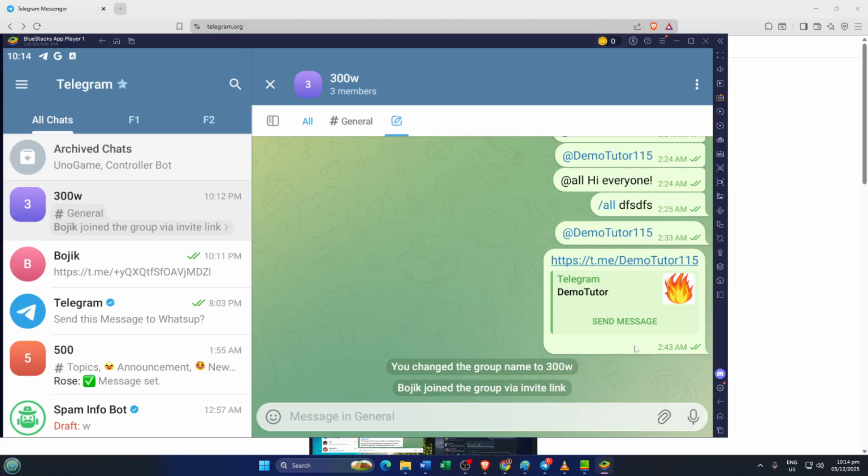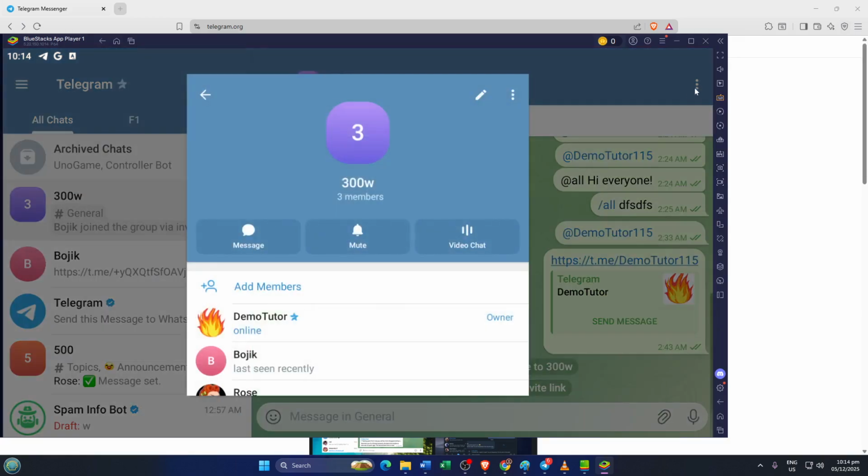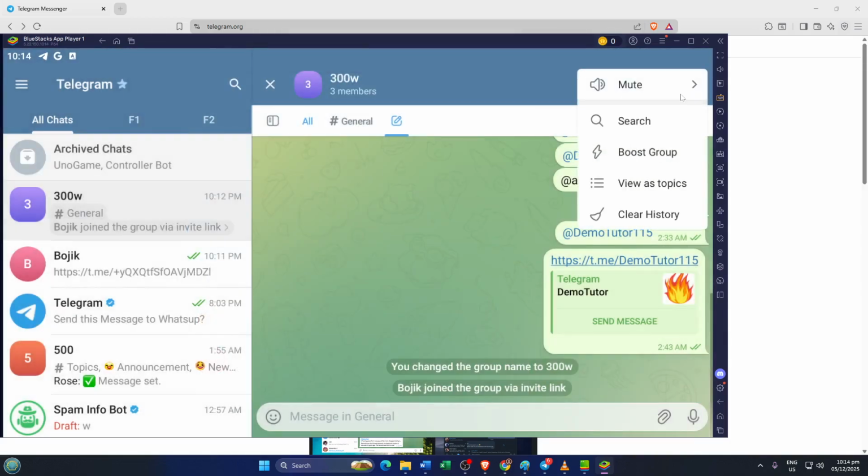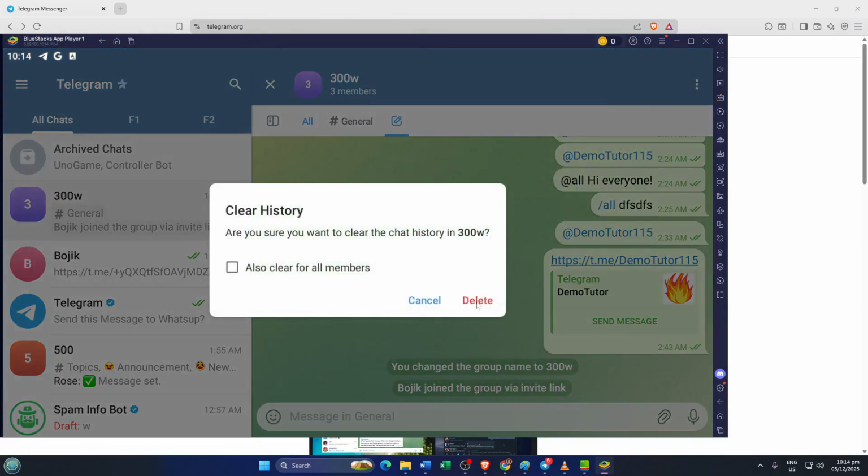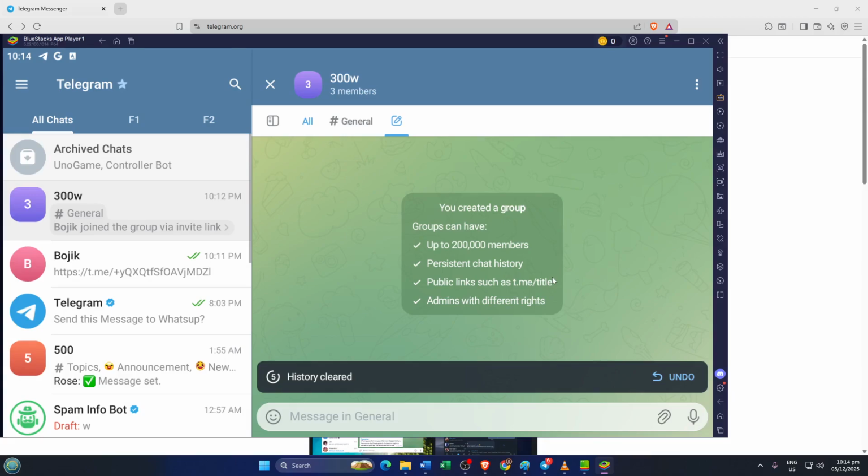One thing to note, though: this change won't retroactively remove service messages that are already in your chat history. If you still see old join or left messages hanging around, you'll need to delete those manually. It might take a few moments, especially in larger groups, but you only have to do it this once, and that's it. With just a few taps, you've taken control of your group's message flow and made things much easier